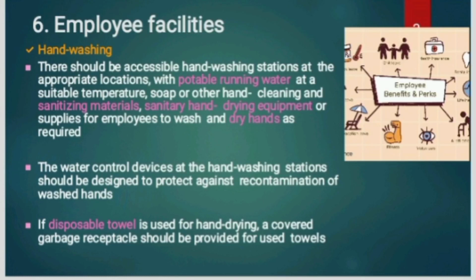Hand washing. There should be accessible hand washing stations at the appropriate locations, with potable running water at a suitable temperature, soap or other hand cleaning and sanitizing materials, sanitary hand drying equipment or supplies for employees to wash and dry hands as required. The water control devices at the hand washing stations should be designed to protect against recontamination